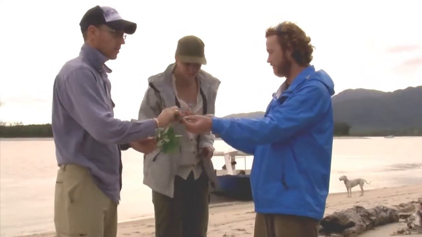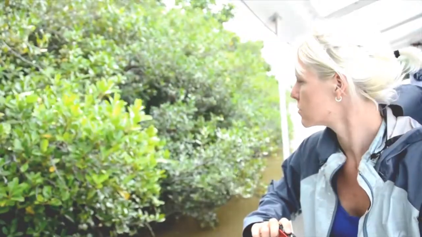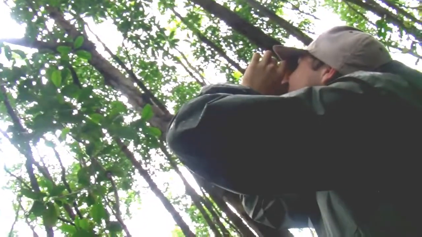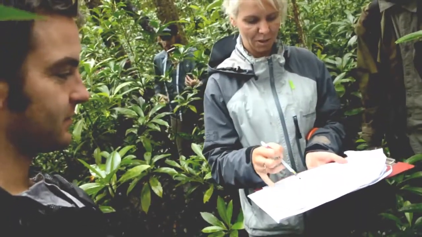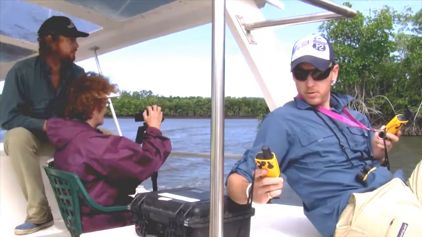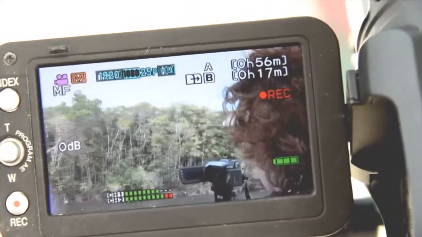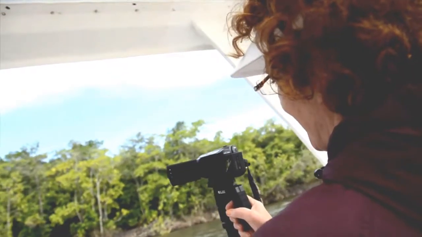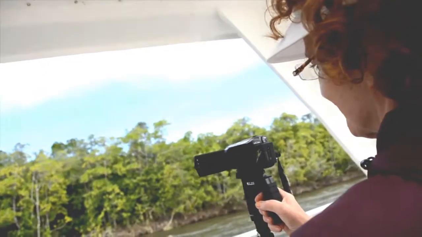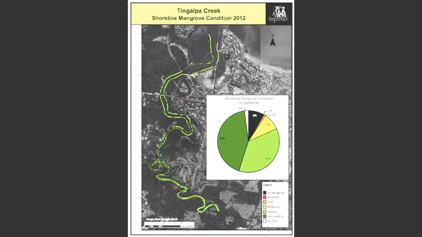Mangrove Watch is an unusual project. It involves not just data collection from professional researchers and scientists, but it's also a citizen science project where people from the community can take their own video data, contribute that to the repository, and build up this understanding over time of coastal changes. So in Mangrove Watch, video cameras are used to record the coastline, both from boats and from helicopters. The data from those image files are extracted and they're categorised. The GPS locations are taken, and so people can go back and understand that coastline at that point in time. Over time, you build up a picture or a status of the change in coastline over